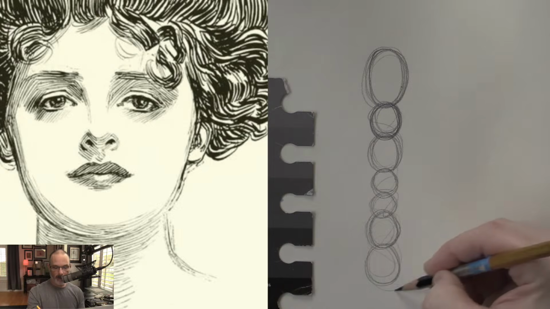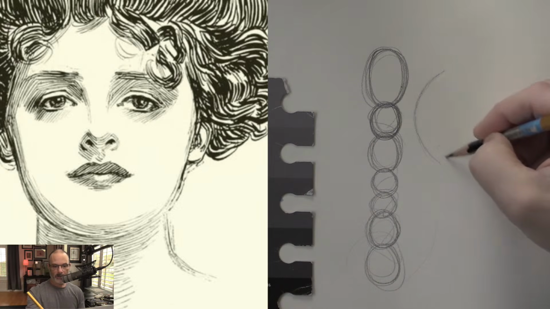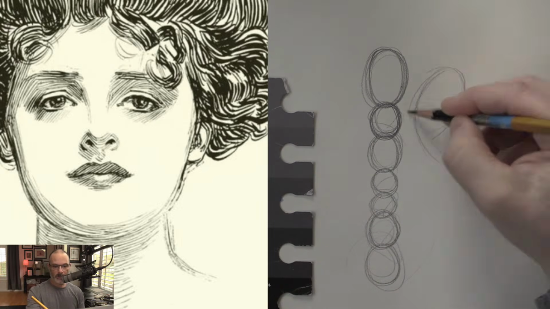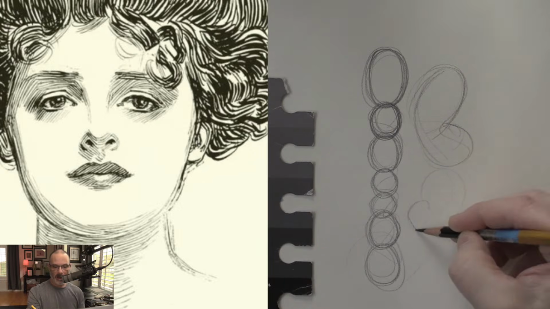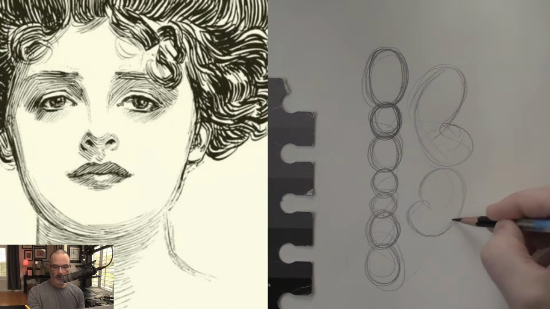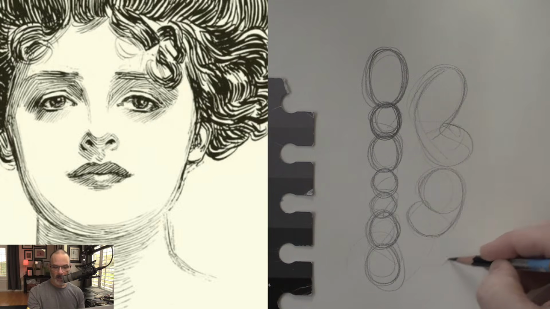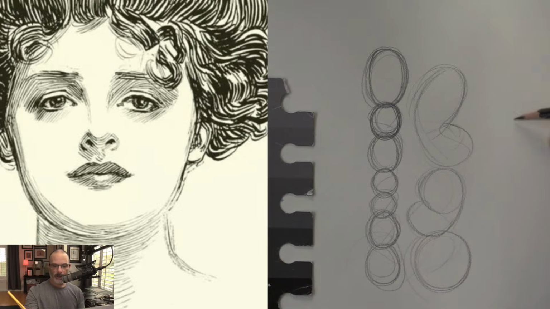Ovals warming up. Now I'm going to do some torsos, some torso peanut shapes. All right, just like that. I'm not lifting my pencil off of the paper. I'm just kind of doing this. Another little circle over here. And now maybe what I can do is just go a little bit